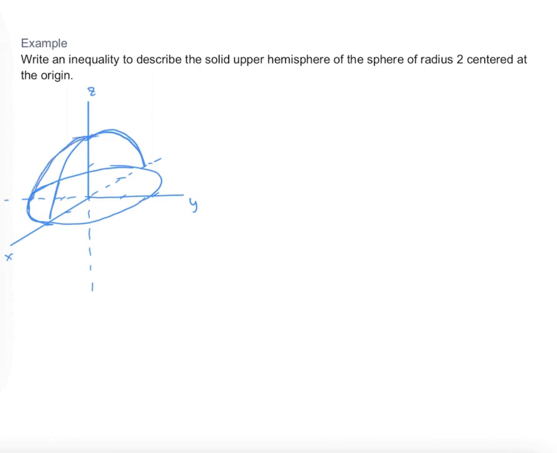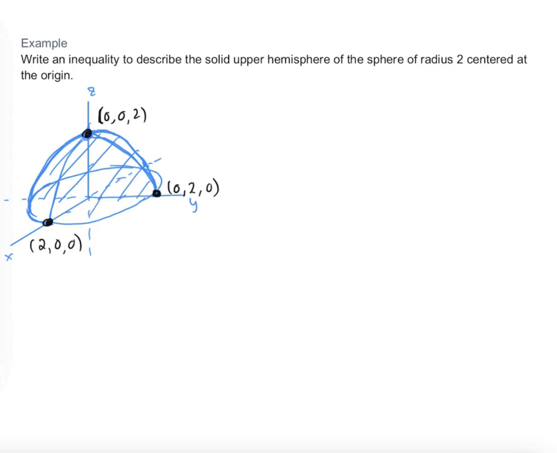Radius 2, centered at the origin, the top half of a sphere. And here are just a couple of ordered triples that are actually on the sphere. And we also want to consider that this is a solid hemisphere, so we want all the ordered triples that are inside here as well. So we're going to write an inequality that describes every single one of these ordered triples inside this solid upper